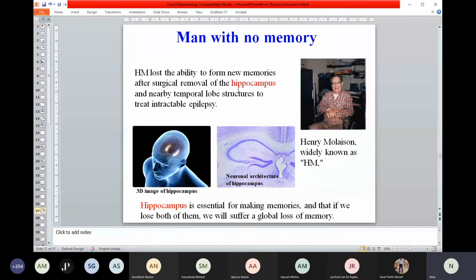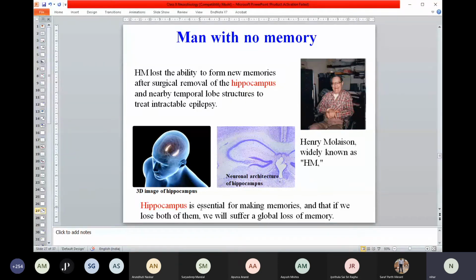It was amazing, and all of this was understood later. The doctor did such a precise surgery that it resulted in a very nice removal of the whole, entire hippocampus, both parts of the two hippocampi. So you can understand how precise the surgery had to be. At the end of the surgery, the person was perfectly okay. His problem was corrected, the epileptic seizures were completely cured. But the problem he landed in is that he's not able to make any new memories. That was the problem.